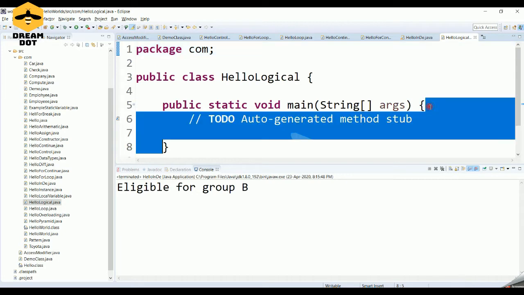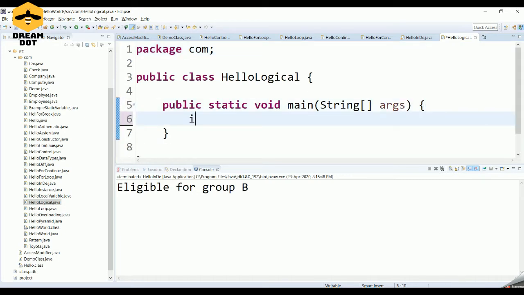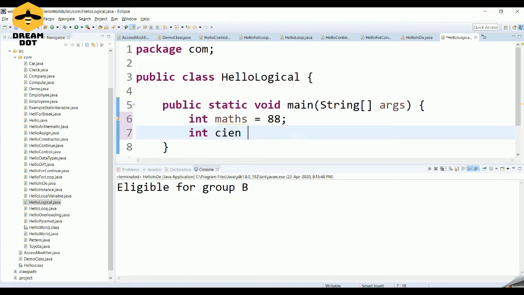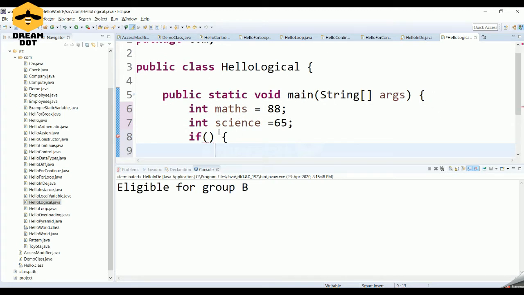So imagine a scenario where there is a student who has secured marks in various subjects. Let the maths mark be 88 and let the science mark be 65. And there is a condition while allotting the group for the particular student in the college.